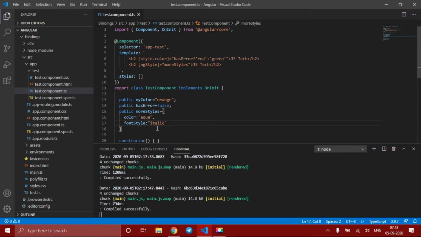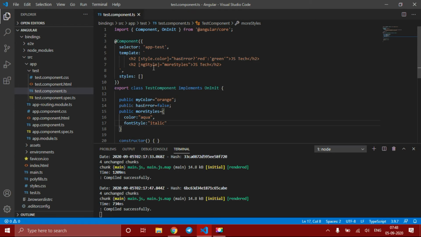So up to now, what we have done is all property binding or class binding or style binding: we are taking a property or a class or a style from the test component class to the template, meaning from class to template. There is another way, from template to the class.